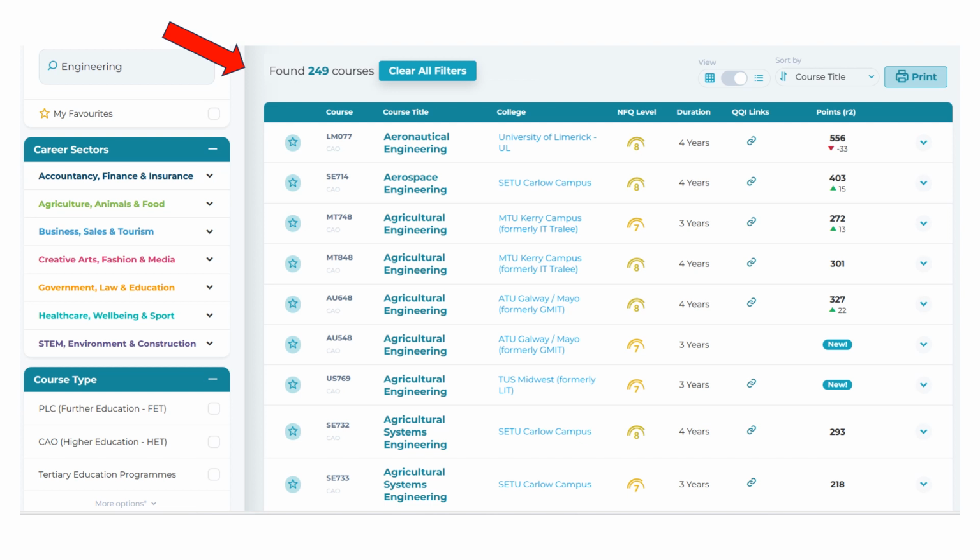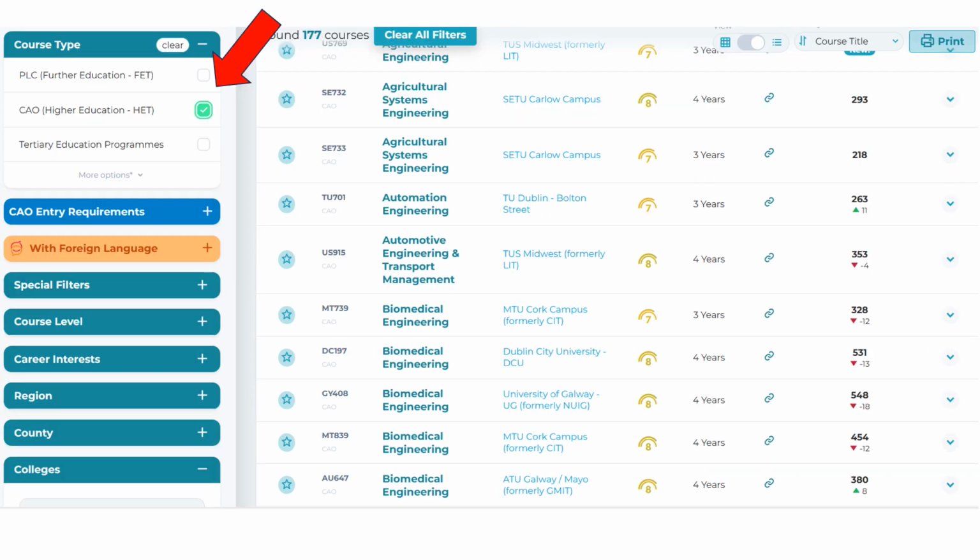So let's take engineering as an example. When I put engineering into the course finder, you can see that a total of 249 courses appear. So in order to narrow the search, we can begin to use some of the filters that are listed on the left-hand side of the page. If we begin by clicking on the CAO Higher Education filter, for example, this will narrow our search. And it leaves us with a total of